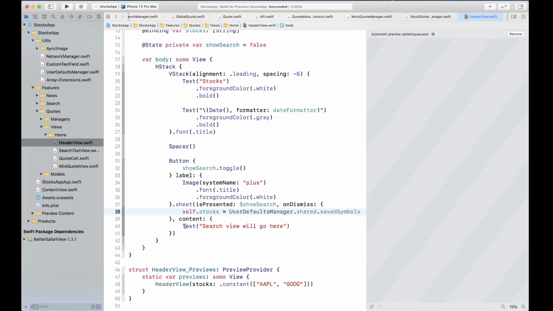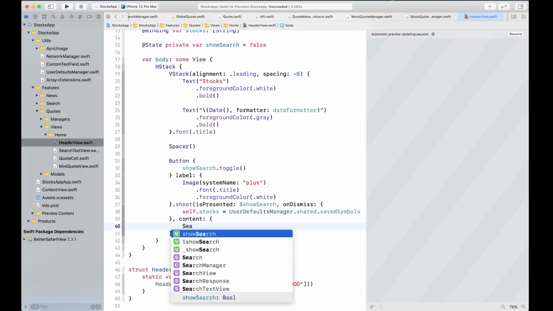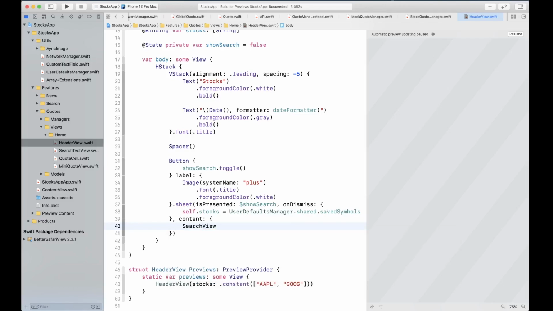Okay, and for the content, instead of showing the text, we're gonna show our search view.